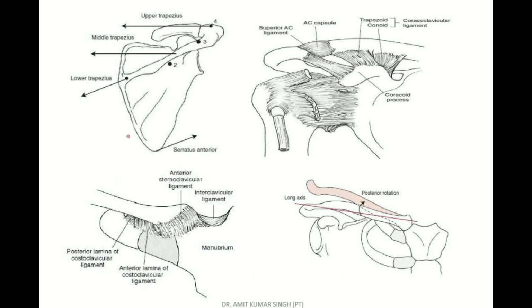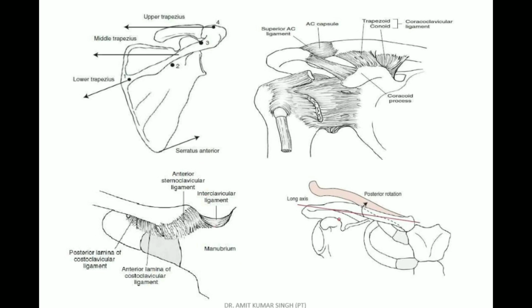Now to look at that first point which I told you previously, later you can write down the flow chart I have mentioned properly, and then you can come to this diagram. Then it will be very easy for you to understand how there is contribution. So how are the sternoclavicular and acromioclavicular contributions given? The first point was that there is going to be a contraction of trapezius and serratus anterior muscle. If you look on the screen, these are the trapezius fibers, upper fiber, middle fiber and lower fiber.